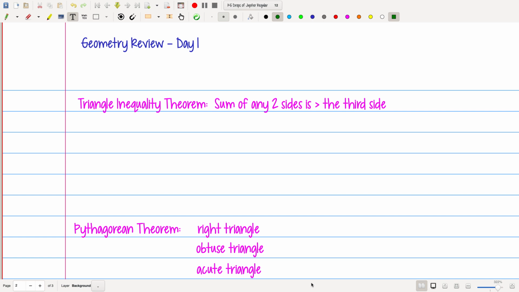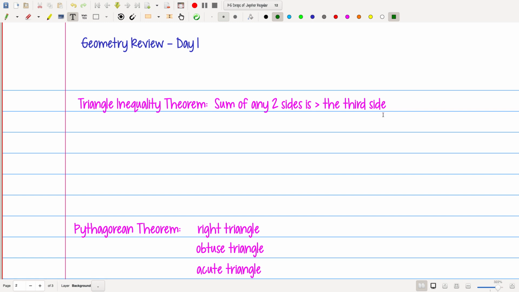On right triangles. You've seen everything that we're doing today in geometry, so it shouldn't be too bad. We're going to start with this first theorem here. It says the triangle inequality theorem: the sum of any two sides is greater than the third side. So if I add up two sides of a triangle, it has to be bigger than the third side,